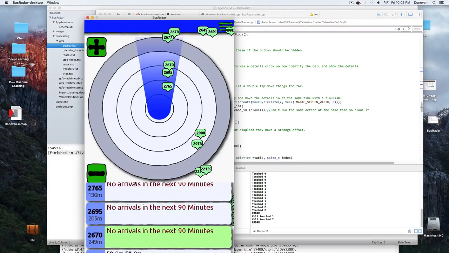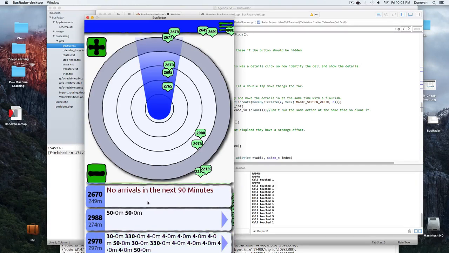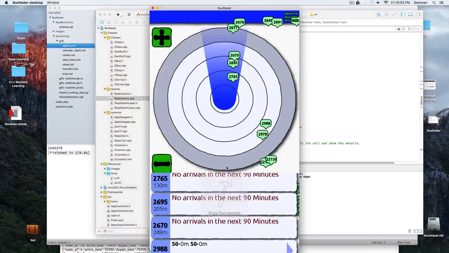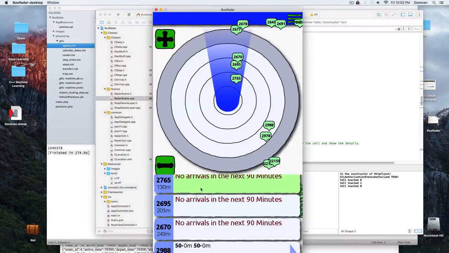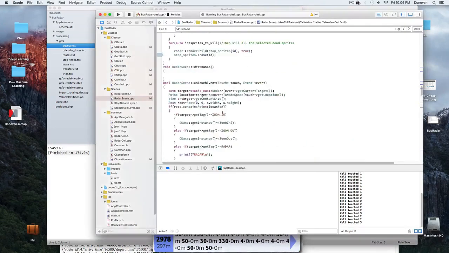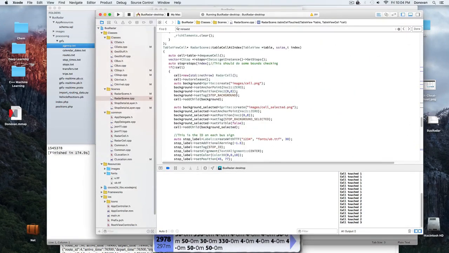Now this is where I ran into a problem with which cell is getting touched. As you can see, I keep clicking on the same cell and it starts telling me a different cell is being touched, and this is the listener going mad. And that is just really, really, really annoying. So for now, I will